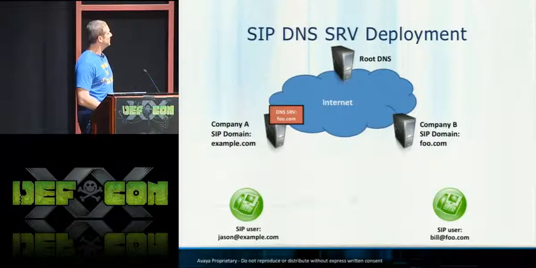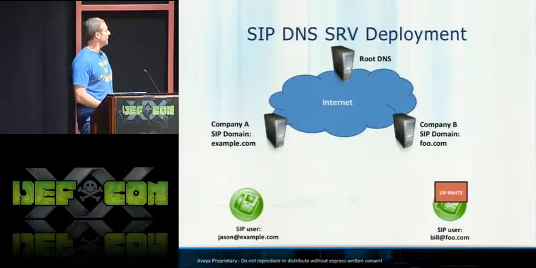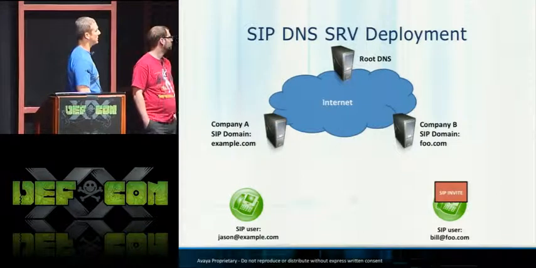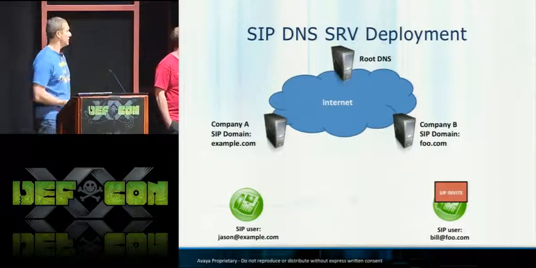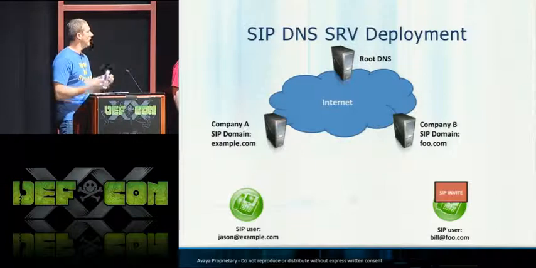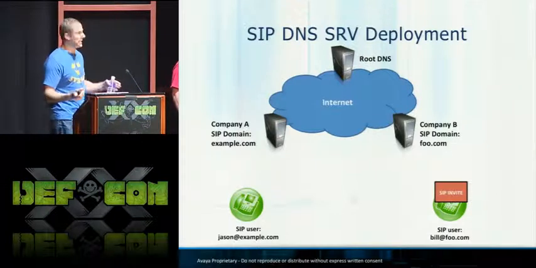Then the record returns, and he routes the traffic directly to Bill's organization. The invite comes in via the AOR, the address of record for Bill's SIP user agent, which knows the IP address of his registered user agent, and routes the call directly to him. So we have a fault-tolerant, high-availability method of routing SIP traffic, bypassing the PSTN,